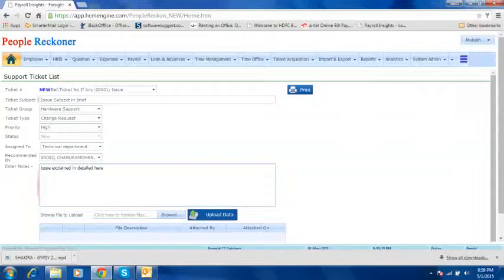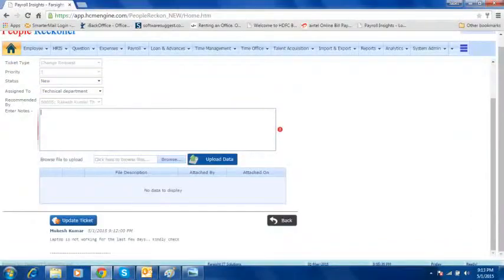Priorities can be set by prioritizing the ticket, and tickets can be assigned to a particular person or to a particular department, and you could put in a brief comment explaining the issue in detail, and could also upload a screenshot or a file which could help the particular group to identify and fix the issue quickly.